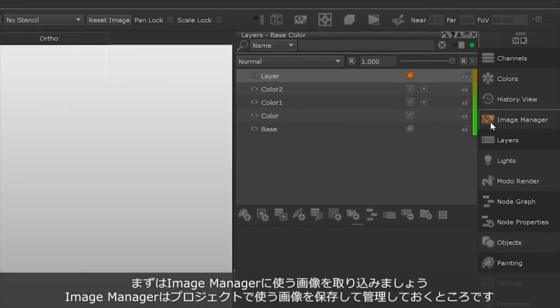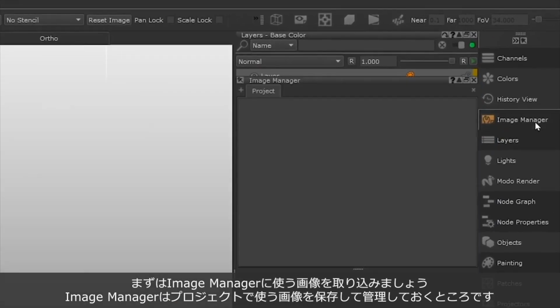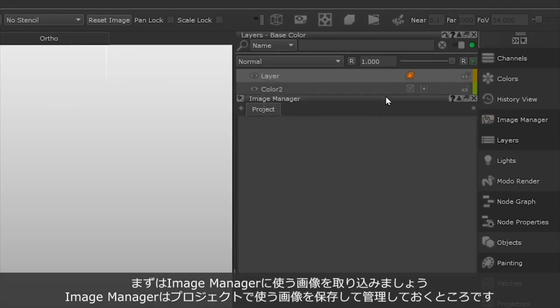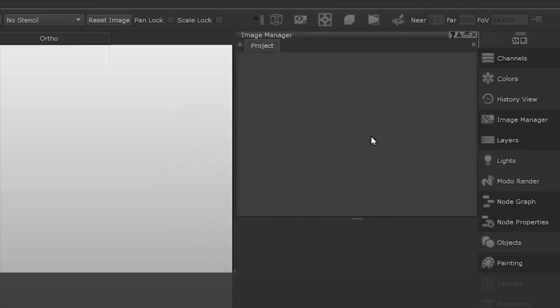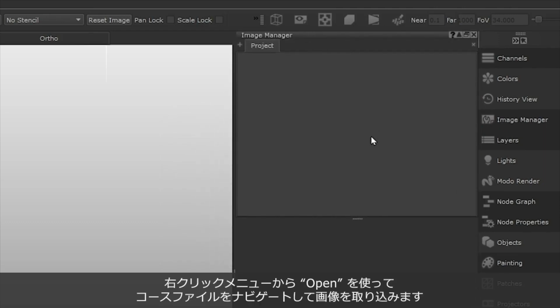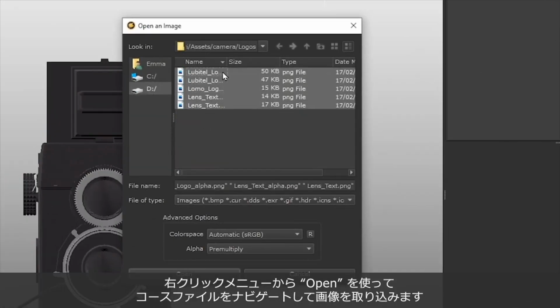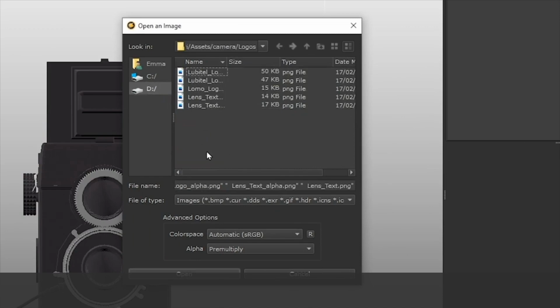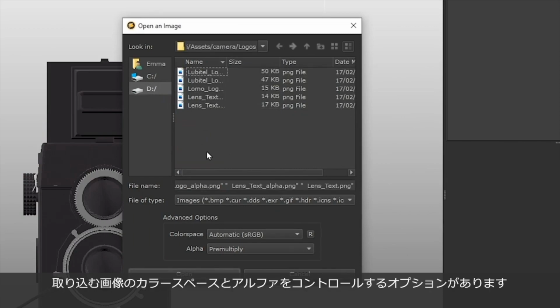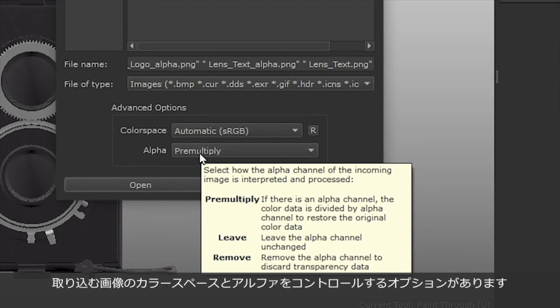Open the image manager palette. This essentially just stores and lets you manage all the images you load into your project. You can right click the empty window to open up some images and add them to your image manager. Navigate to the logo images provided by the course files. We have some advanced options here that allow us to control the colour space and the alpha of the images